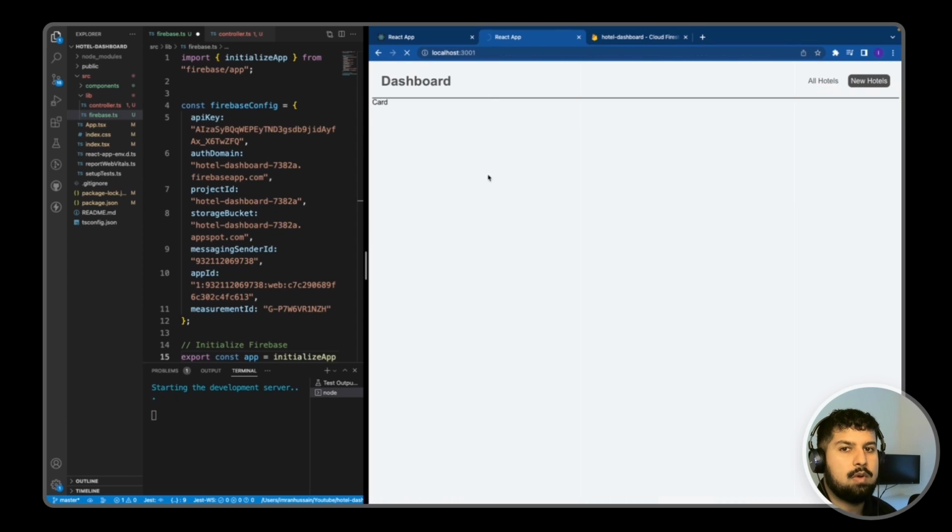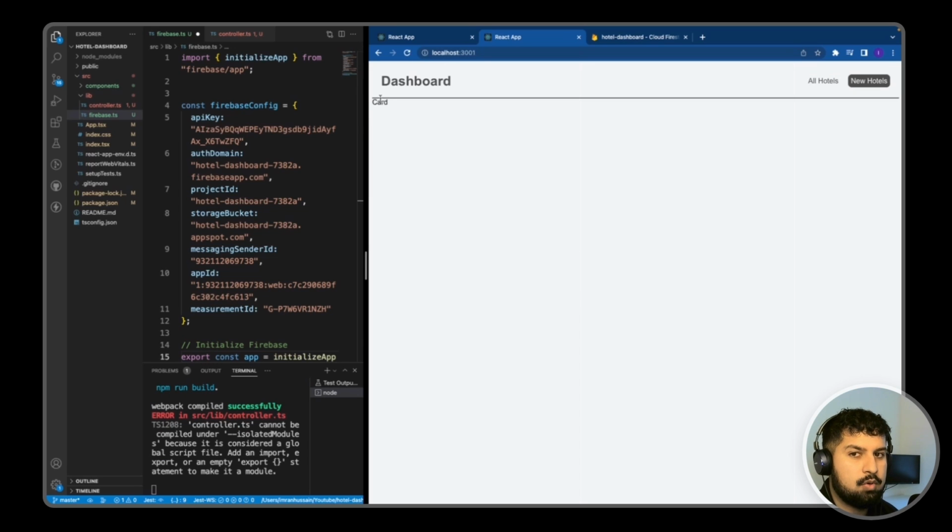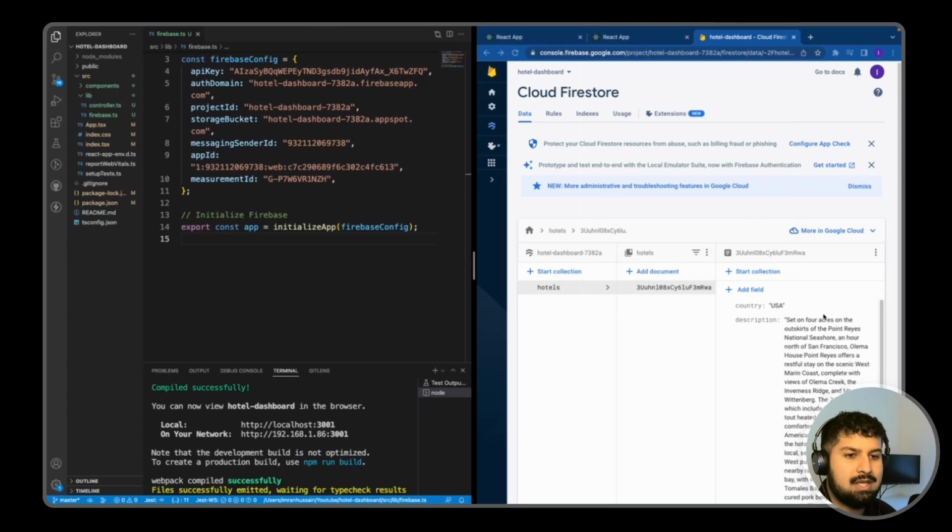So going back to our app here on the home page, we now want to create the card component and fetch what we have created in our Firestore database. So we will be doing that next. Okay, so now what we want to do is fetch this data we have created in our document onto our front end